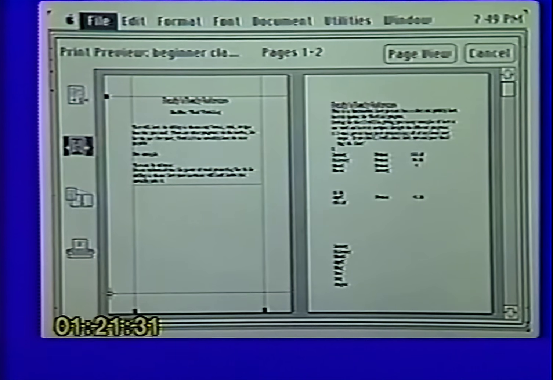Please remember that whenever you change a margin in print preview, that will change that margin on every page in your document. So if I create a 2-inch margin at the bottom of this page, it will also create a 2-inch margin on all my pages in my document. So be careful with that. So that is what that is for.